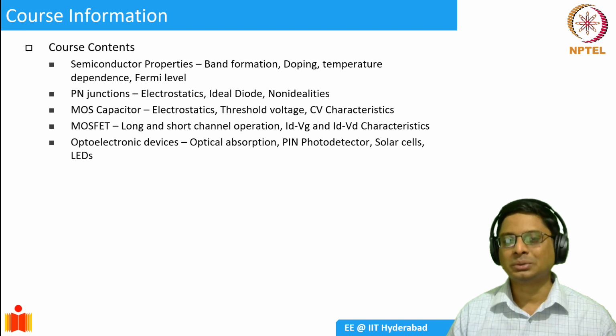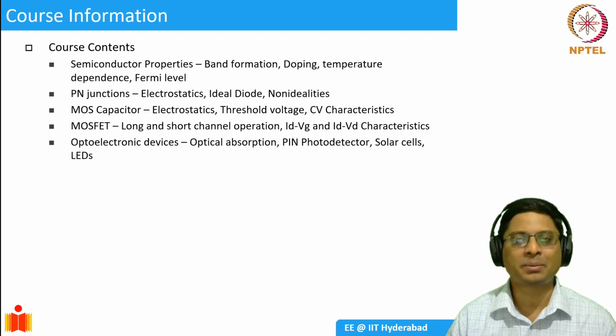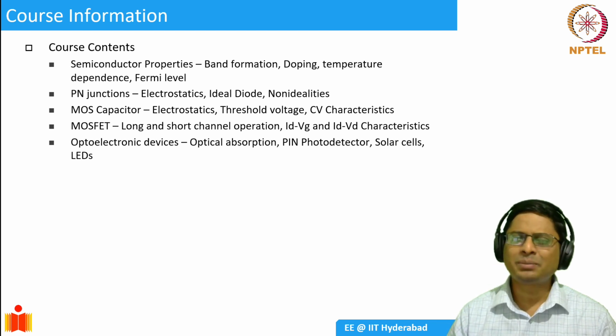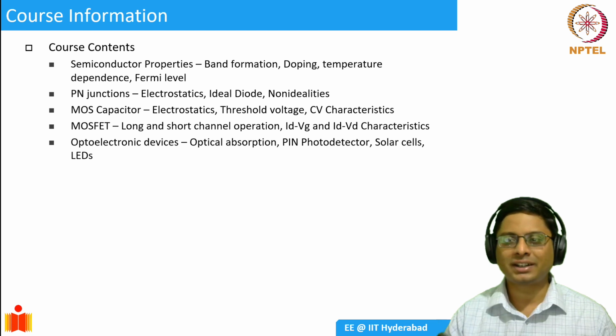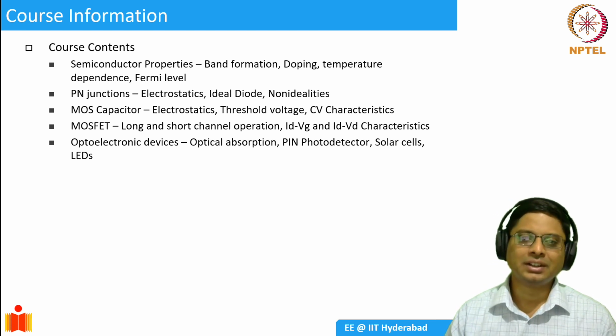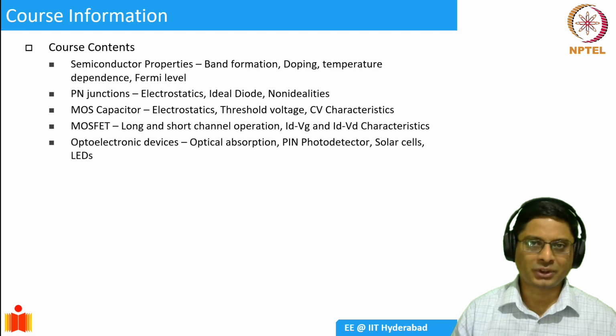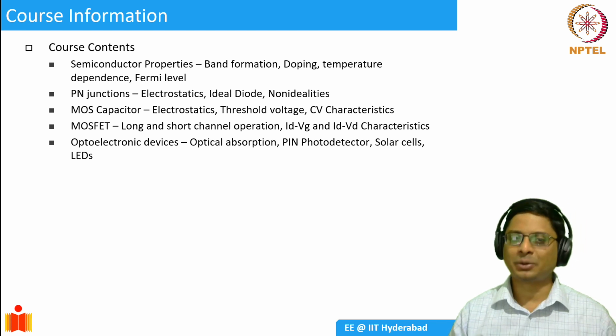And then we will move to what is known as a MOS capacitor device. A MOS capacitor is simply a parallel plate capacitor. You could think of it like a parallel plate capacitor consisting of metal as one of the plates and the semiconductor as the other plate, separated by an insulator. So a MOS capacitor is a crucial component of a modern MOSFET. So we'd like to understand in detail how a MOS capacitor works. We will do that for about 2 weeks.